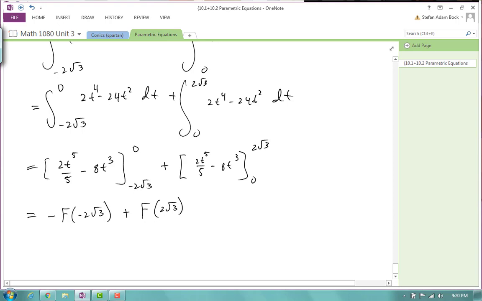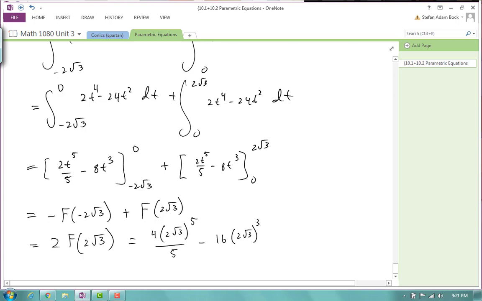Since this is an odd function, the negative will distribute in and out. So this is actually equal to 2 times big F of 2 root 3, which is just an awful number, I'm sure. So I have 4 times 2 root 3 to the 5th over 5 minus 16 times 2 root 3 cubed,